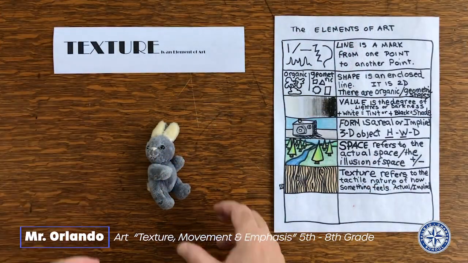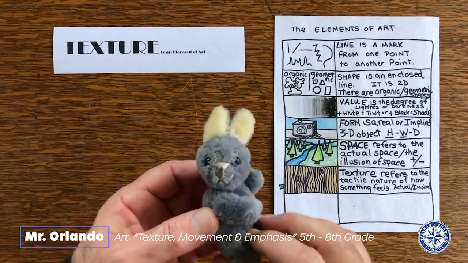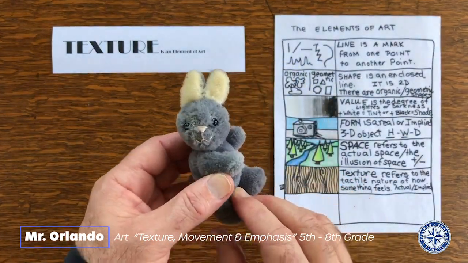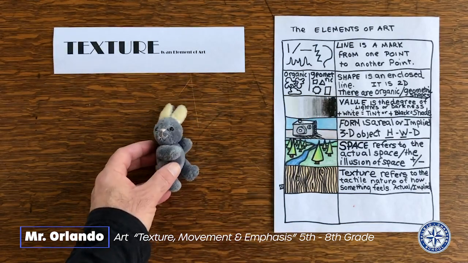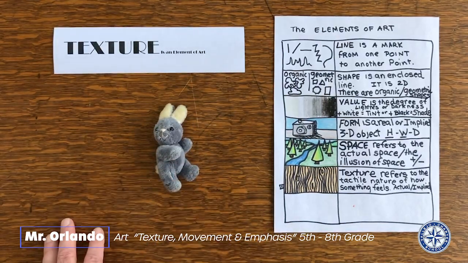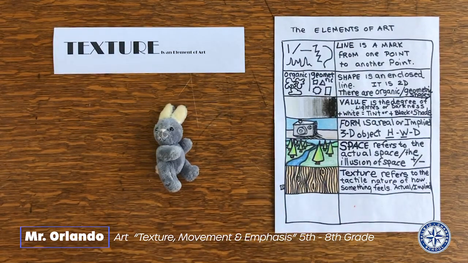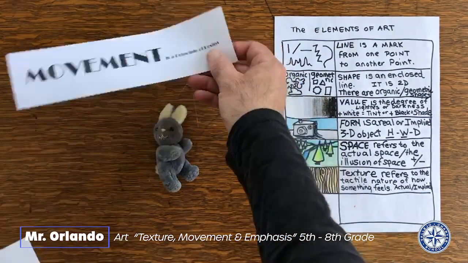So texture refers to how something might feel. This rabbit looks like it would feel furry. So that would be the texture of the rabbit. It is actual, as in this rabbit, or it's implied, like in the drawing of the sample that I put here. Next, we're going to explore